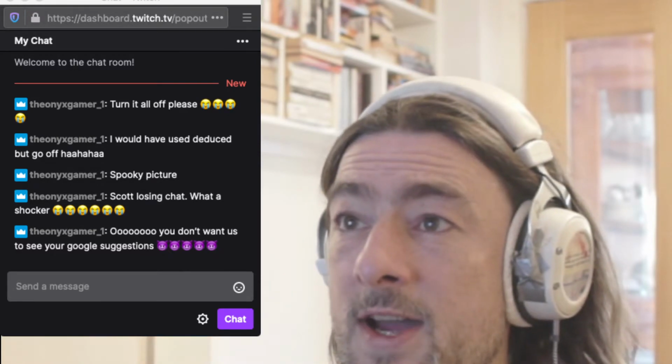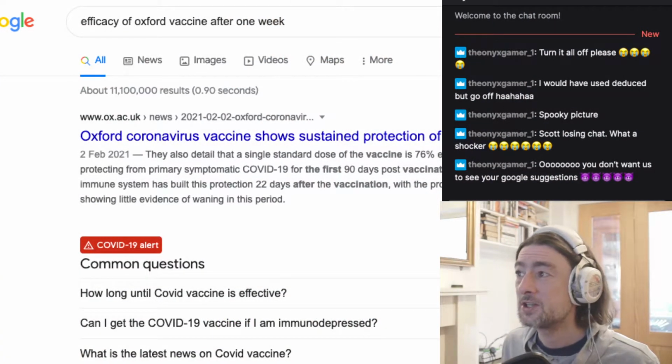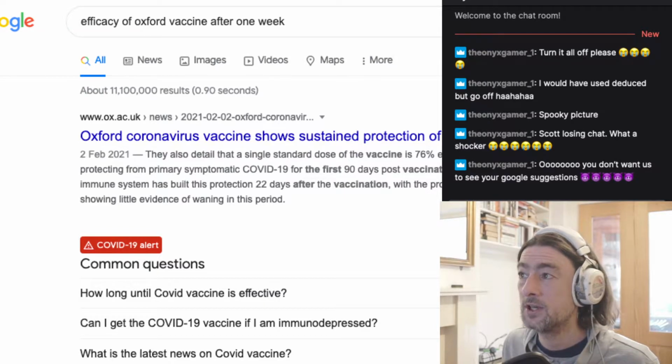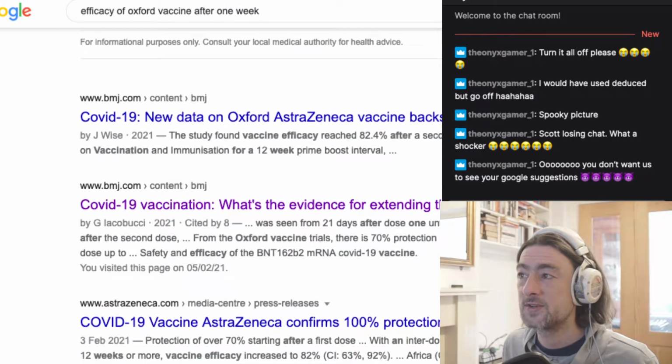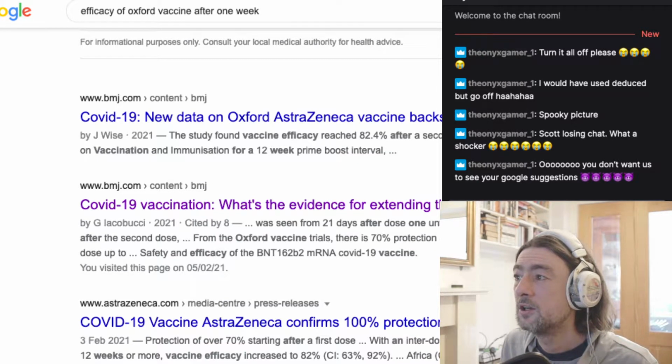Right, fade me back. Little mental detour because this is how my brain works. So I wanted to know the efficacy of the Oxford vaccine after 1 week, right? But Google has absolutely loads of these articles being pushed up the search that don't offer me